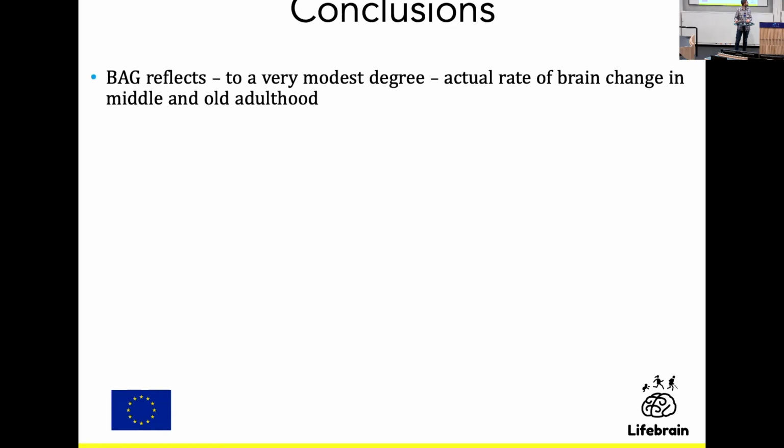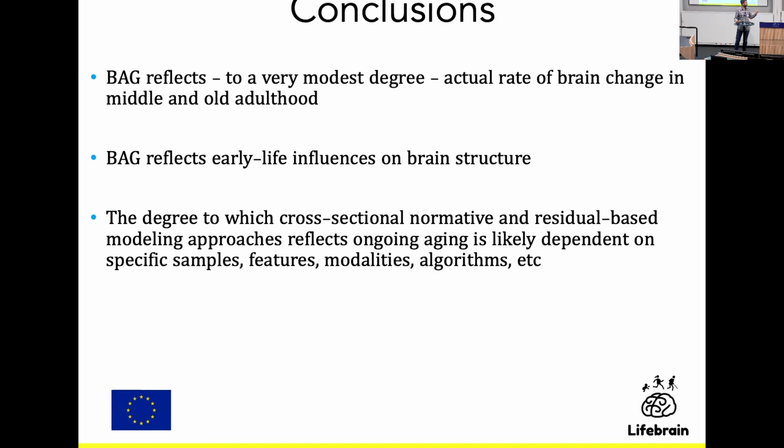So just to conclude and recapitulate everything. Delta reflects, to a modest degree, the actual rate of brain change in middle and older adulthood. However, most of this variation is already present when we look at the samples' lower age range. And some of it seems to reflect early life influences on brain structure that have either congenital or developmental origins. We must say as well that this was done using T1-weighted data